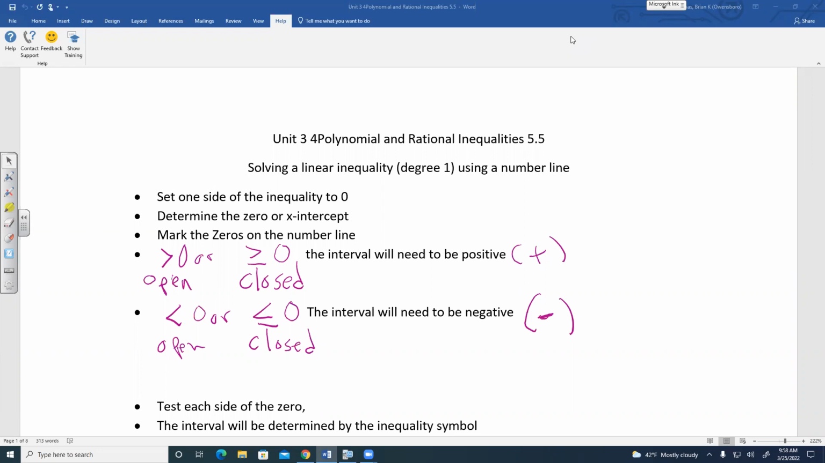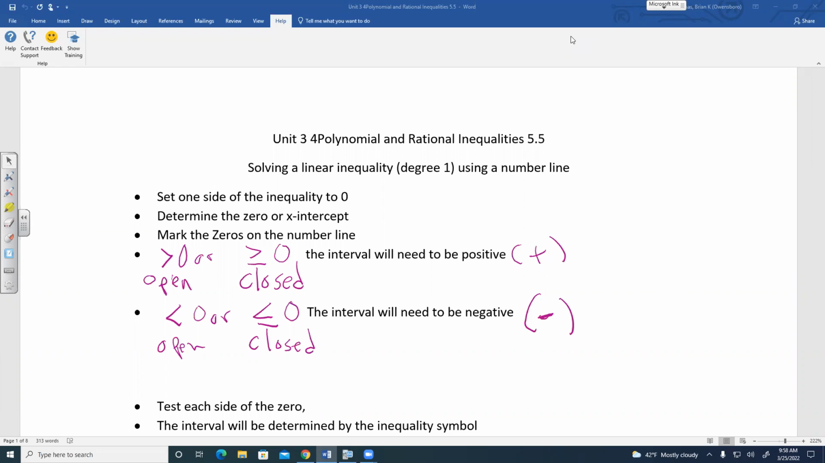Today we're going to look at a lesson, unit 3. This is going to work with polynomial and rational inequalities. This is going to be in chapter 5, section 5 as well. So the first part of this lesson, we're going to kind of go back a step and just look at